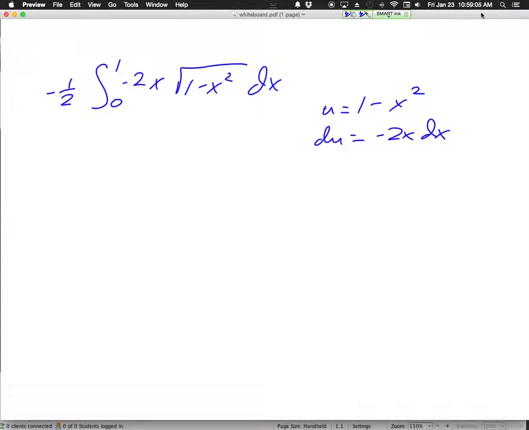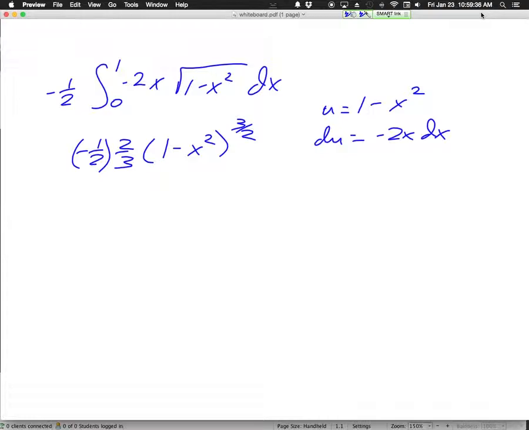Alright, so now I've identified the inside function, I've taken the derivative, I've made sure that the derivative is present. So now what am I going to do? I'm going to integrate the outside. What is the outside? The half. So the inside is going to stay the same. My new exponent is going to be 3 halves. I divide by 3 halves, it turns into 2/3, and I've still got the negative 1/2 that was